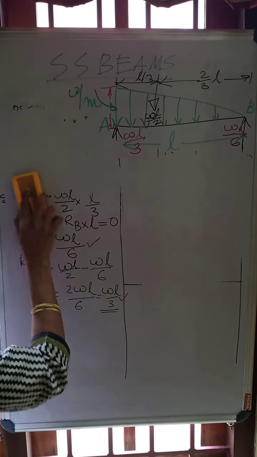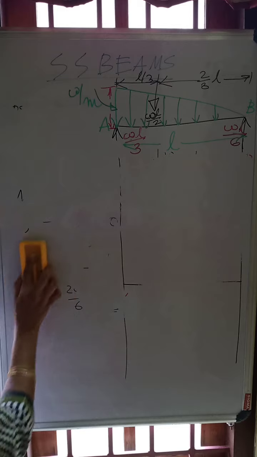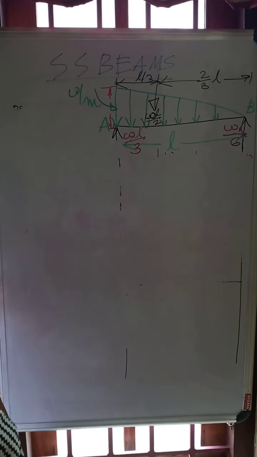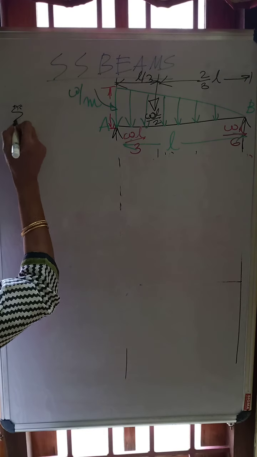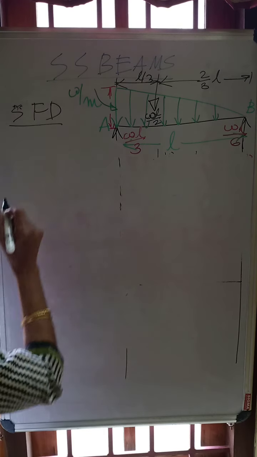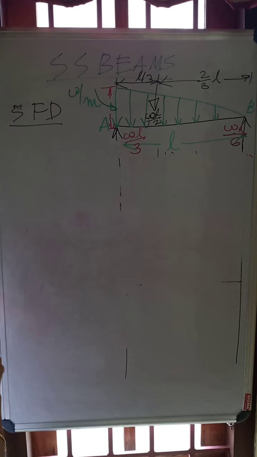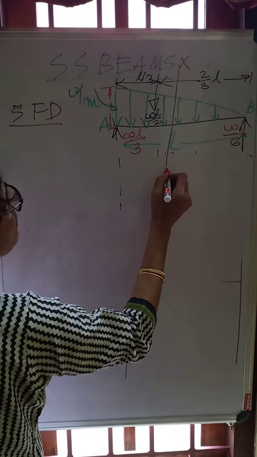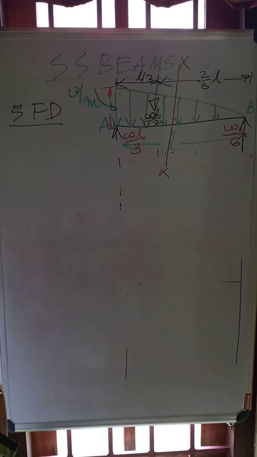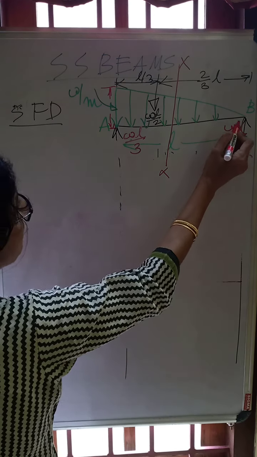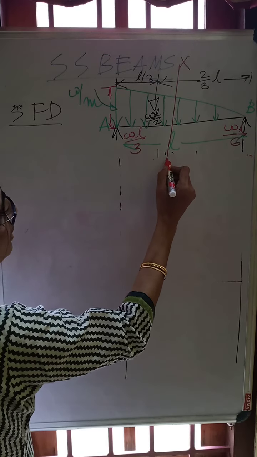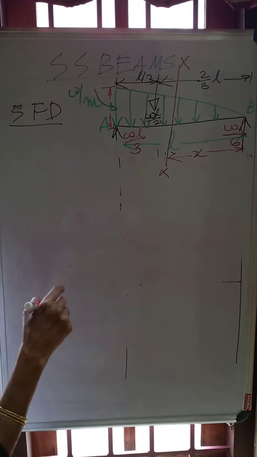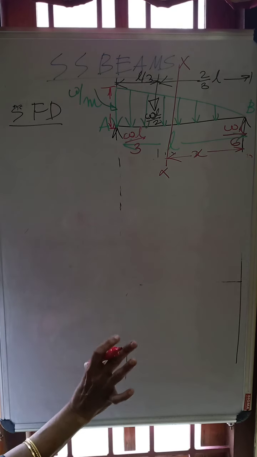We will start now. What is the shear force diagram? In order to get the shear force diagram, what is your first step? You are going to take a section line over here. Let us take a section line over here, say X. Now whenever you take X, since this is a uniformly varying load, it is better to take X from the 0 point. You have the choice to take left or right, no problem is there.